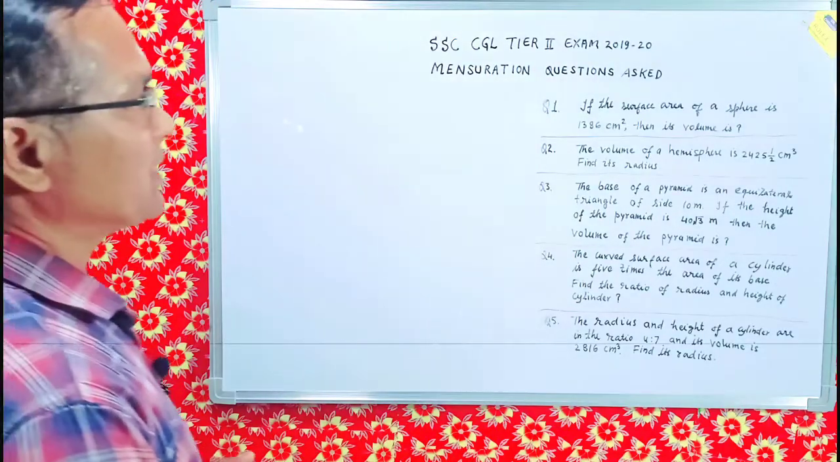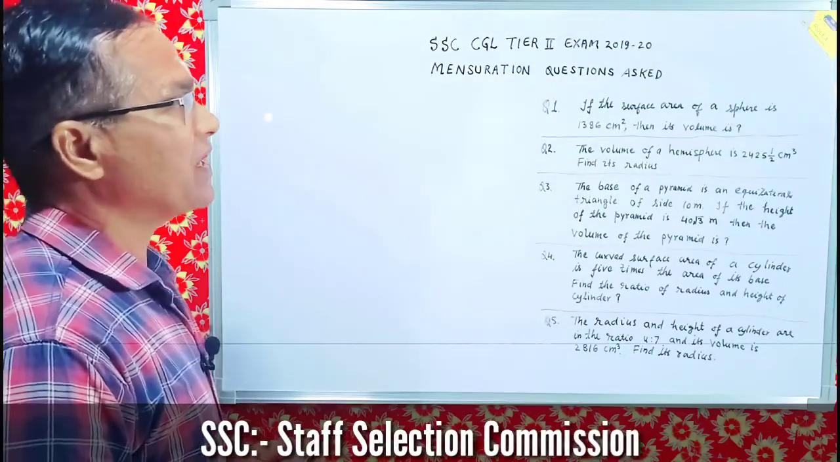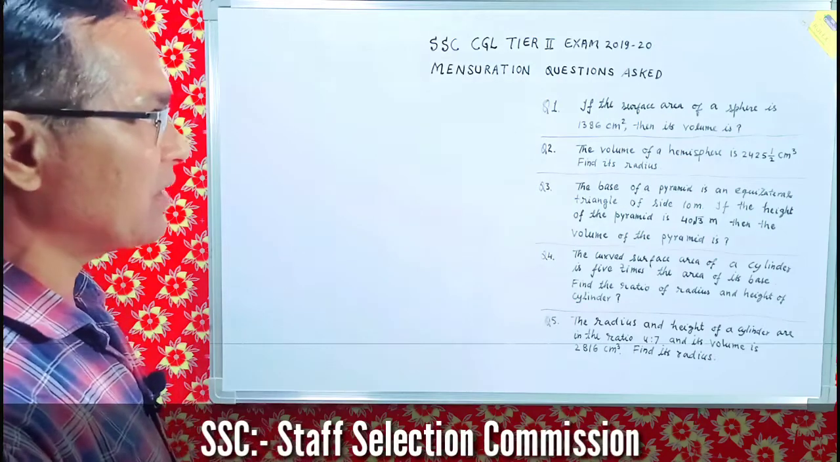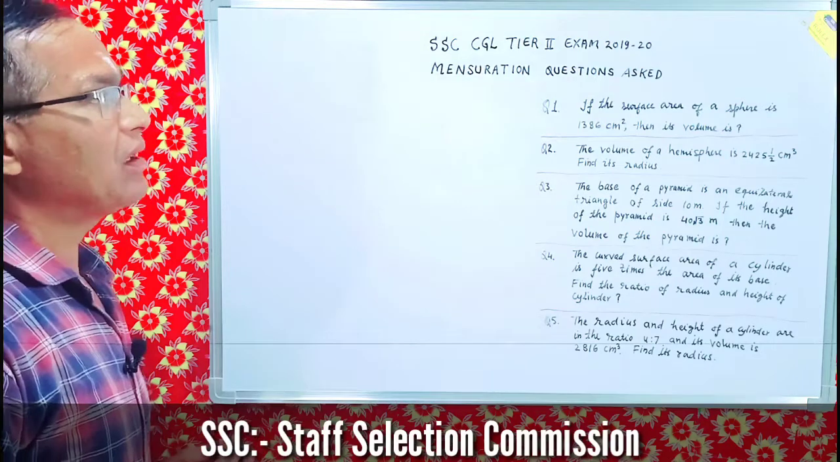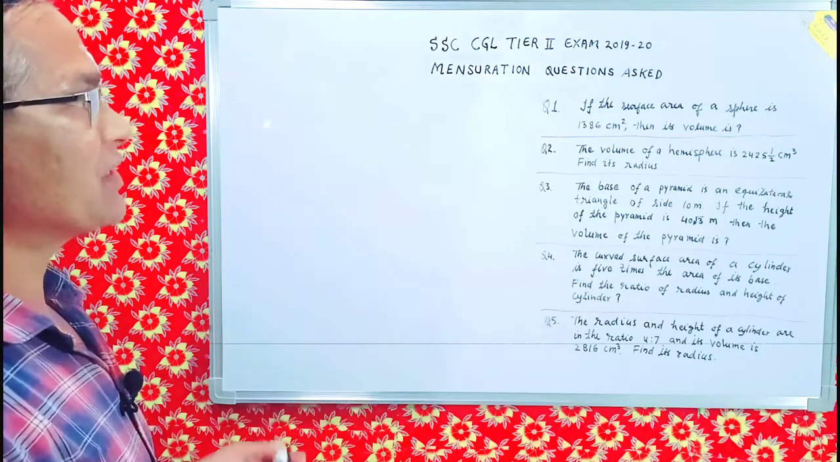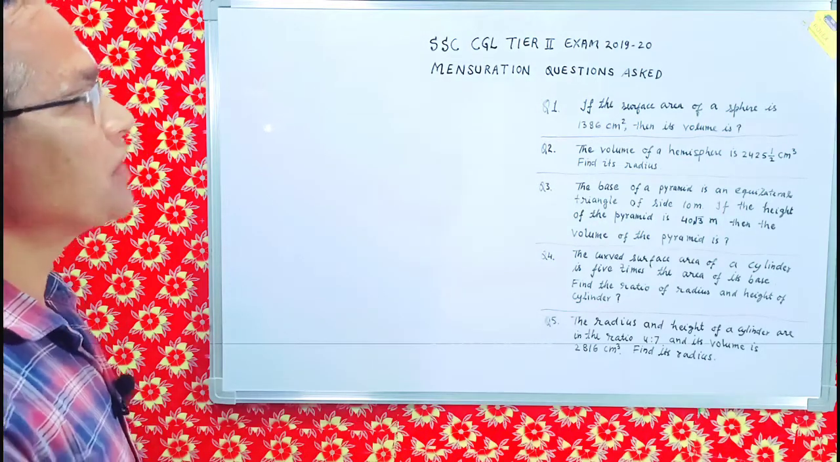Here the first question is: if the surface area of a sphere is 1386 square centimeter, then its volume is. पूछा गया है कि यदि एक गोले का सरफेस एरिया 1386 वर्ग सेंटीमीटर है तो इसका वॉल्यूम क्या होगा।